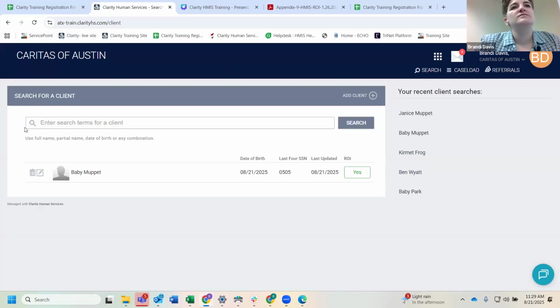Someone in the chat is asking, with the baby being added, whether the program start date for the enrollment should be the date of birth. Yes. Whenever you are adding a child that was just born to an enrollment, the date they're added to the household would match their date of birth. So it's usually going to be a date that's after the date of the enrollment, but we can't travel to the future in the training site.